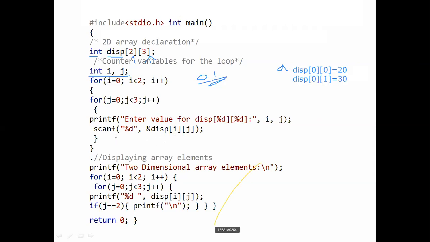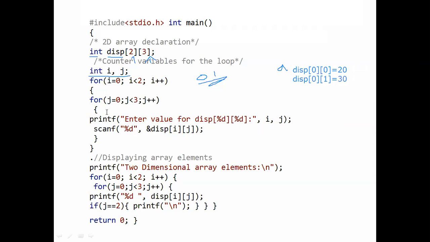Next the loop goes upward, and the j value is incremented again, so 3 columns and 2 rows: 0 0, 0 1, 0 2. Display of 0 2 is 40. In this way I am writing 3 columns and 2 rows.